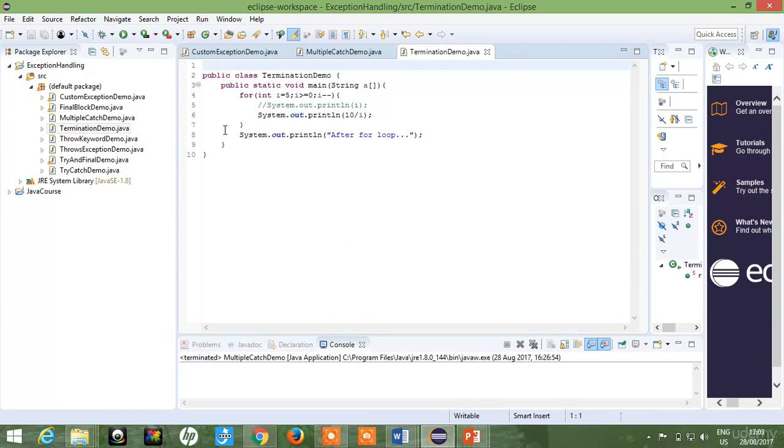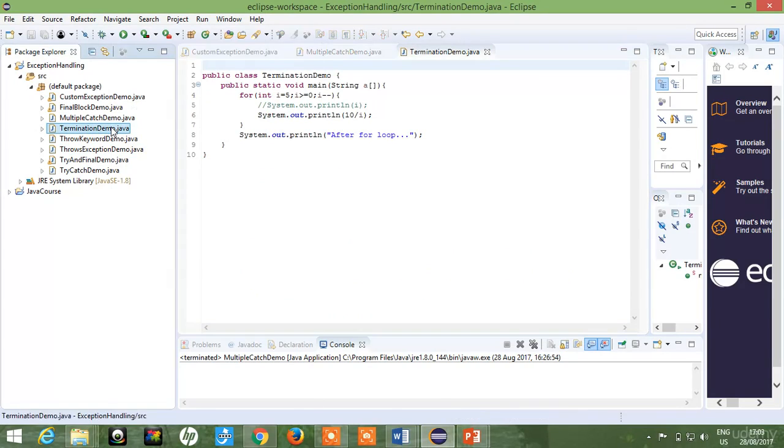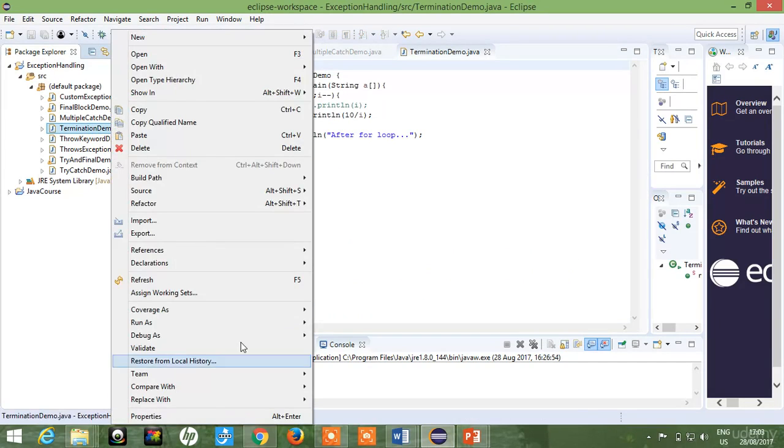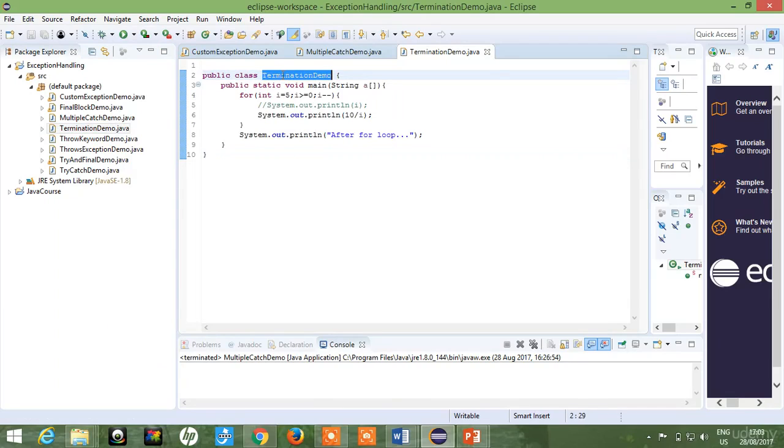Program termination. So we discussed that the program can be terminated if exceptions are not handled. We have a termination demo and we divide the numbers like this: 10 divided by i. First i is 5, next we have a loop, so it will be 4, something like that. So if we iterate this loop, you can see